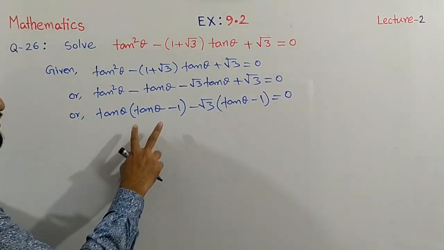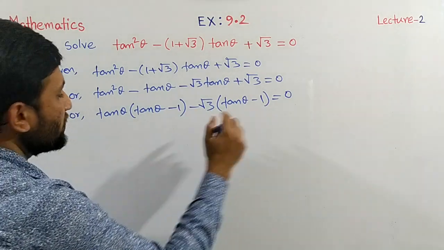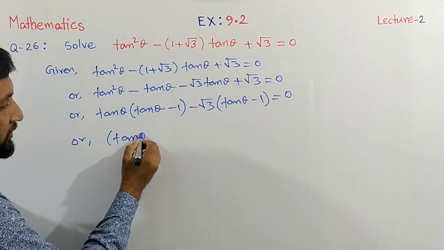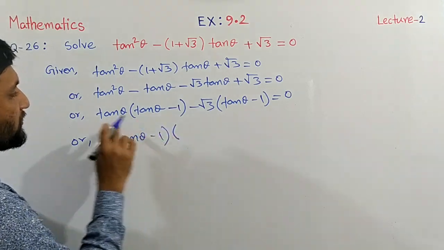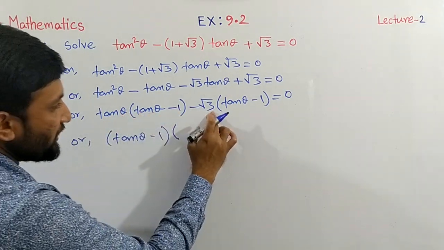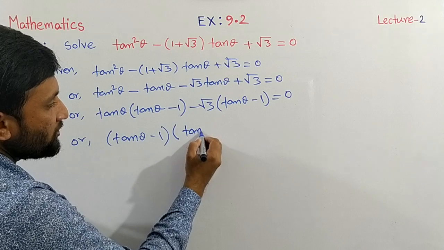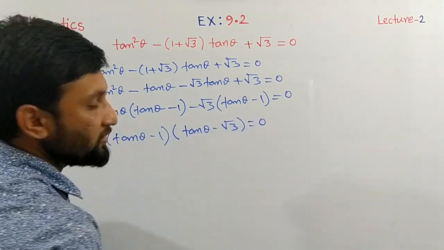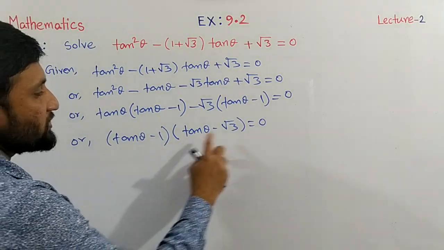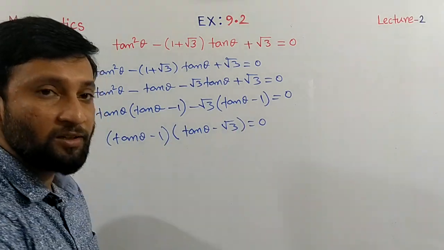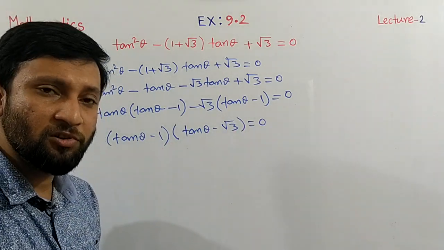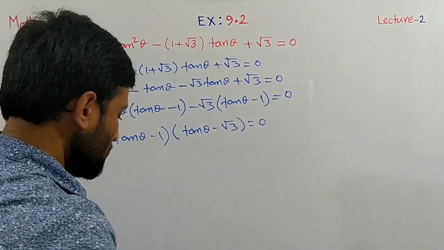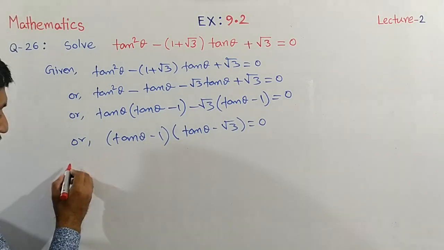Here see that common factor is tan theta minus 1. So write down the common factor tan theta minus 1 and then rest term tan theta and then minus root 3. So write down tan theta minus root 3 equal to 0. Here see that 2 factor multiplication is equal to 0. So you can write either first factor equal to 0 or second factor equal to 0. Now write down the process, either